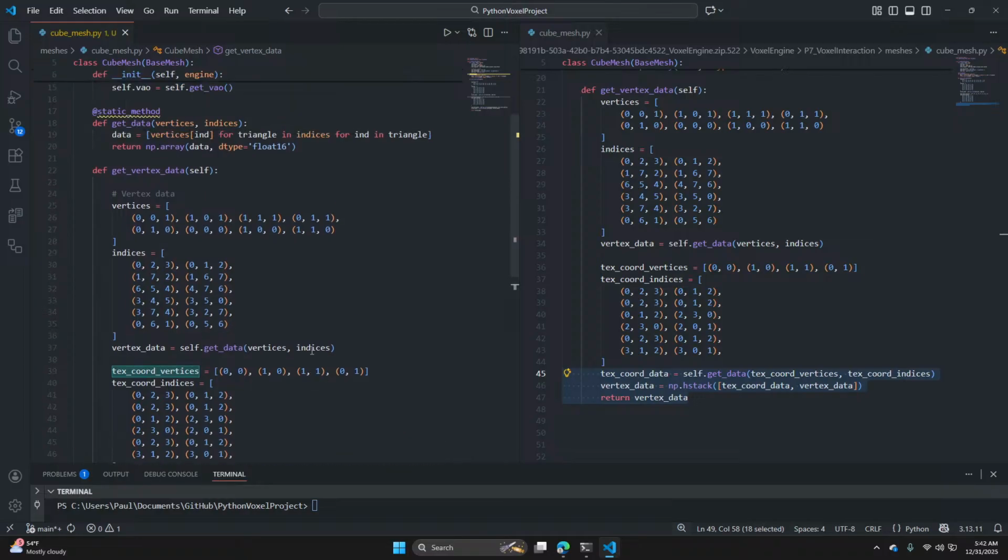For every... Okay, so for every triangle in indices. Oh, okay, so these are triangles. So 1, 2, 3, 4. Vertices. For every triangle in indices, for every index in triangle.